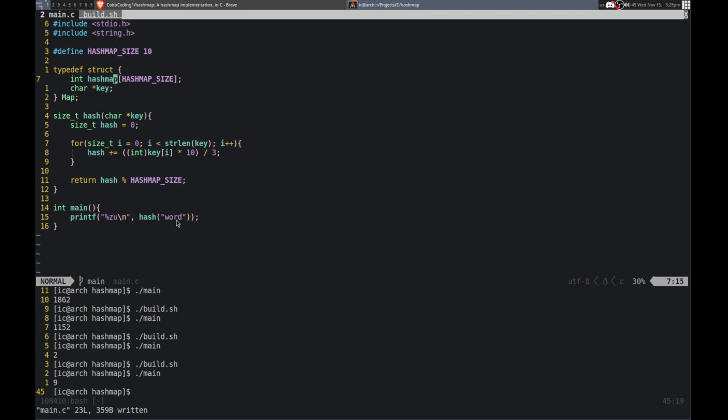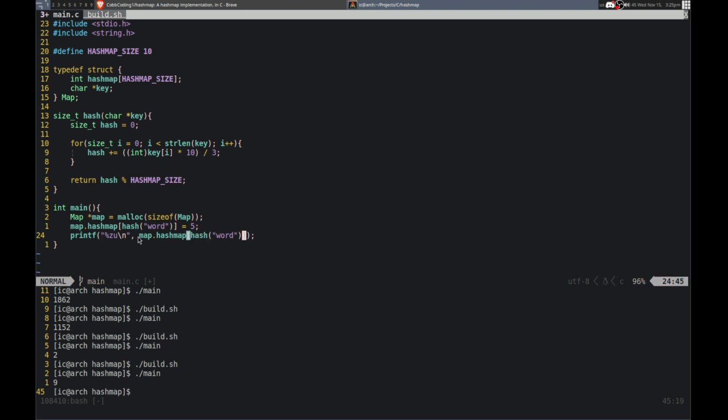So basically we can initialize one right here. We can do map, and we will just allocate that. Size of map. All right, something like that. And then in here we can actually hash something and place that as the index in the map. So this is the size of the map. Okay. So we'll just place something in the index. So if we do map.hashmap and then hash of something, so word for example, equals 5. So it's an integer right now. I will change that. And then if we actually print the location of that,